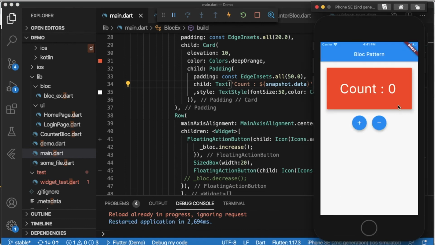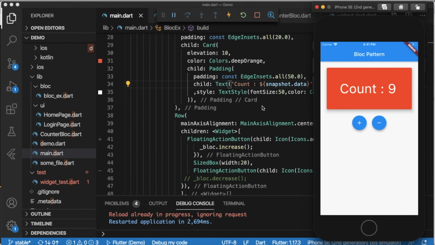Okay, so the default initial value is 0, and I'm going to click on this plus button. So when I click on this, you will see this is working fine. Our count is increasing. Okay, but we haven't implemented the listener on the negative button. Then when I click on this, nothing will happen.